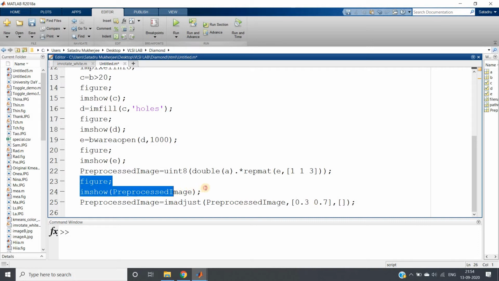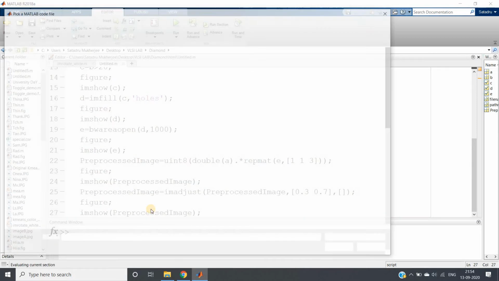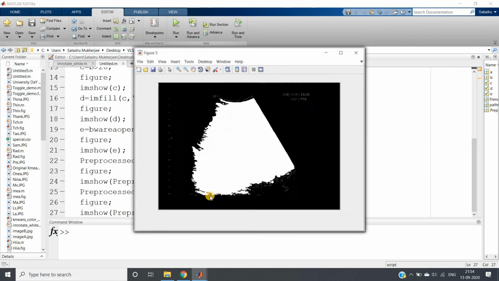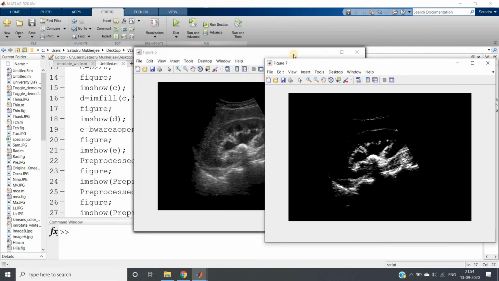Let me write these two lines, figure, imshow pre-processed image, and let us observe the use of this particular imadjust and what the function is actually doing. This is the difference we are getting.